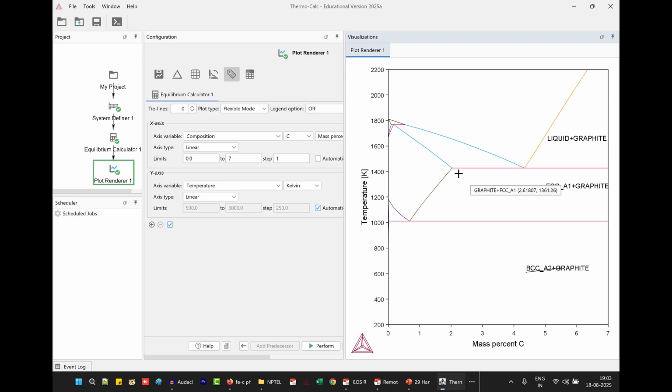Okay, right. So now you got this there. At a high temperature, you can see FCC iron can accommodate more carbon, up to even 1.92% carbon can dissolve in FCC iron. So that's how FCC can accommodate carbon.